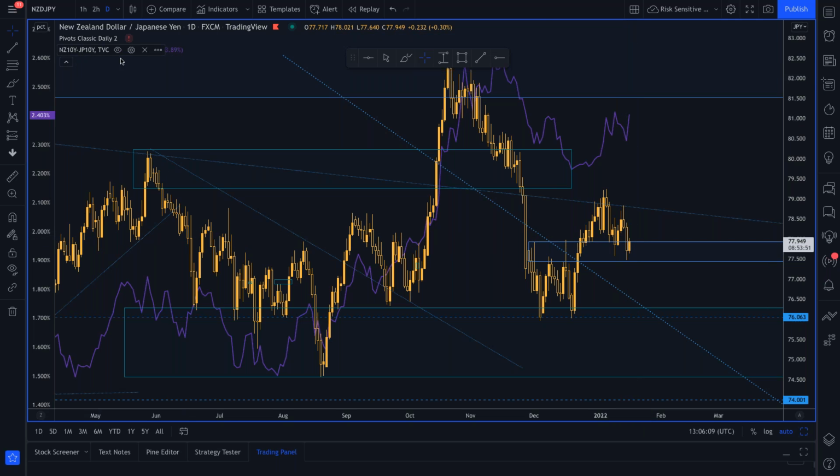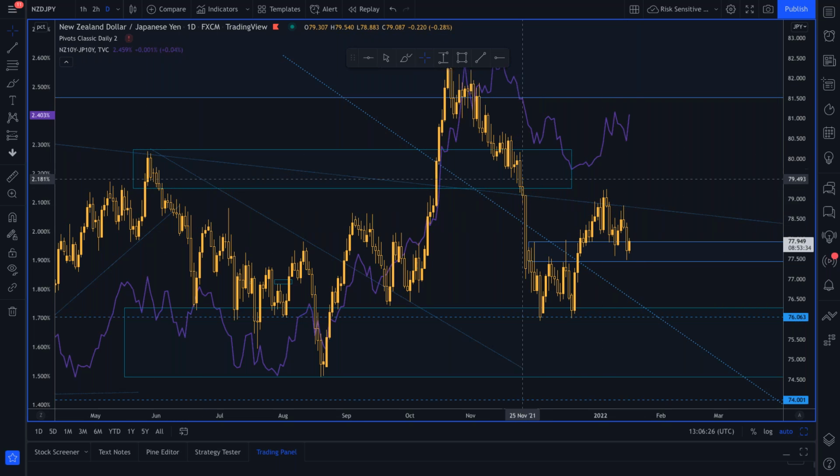See New Zealand 10 years, Japanese yen 10 years pushing higher. The only risk to this is if the Bank of Japan do a little tweak to their monetary policy. If they do, then watch out, because you can see this capitulate lower. Also, if risk tone turns negative, you see yen bids, and then New Zealand dollar yen falls lower.